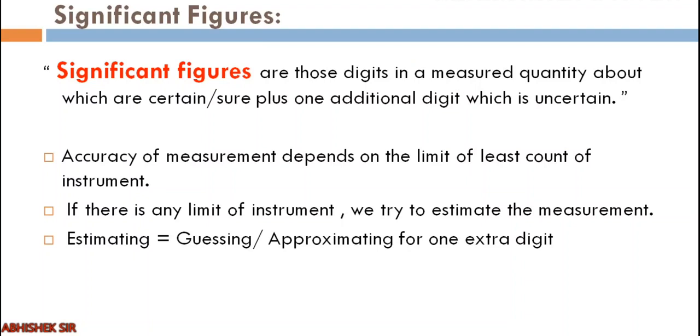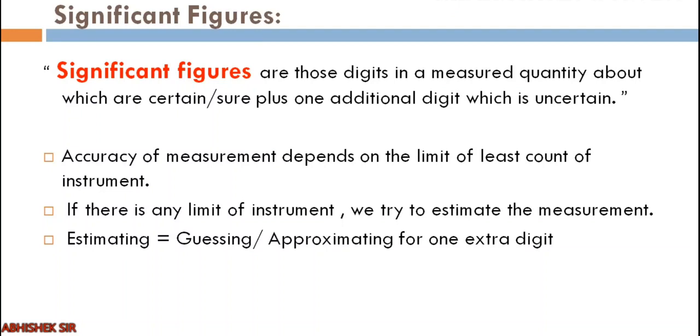Now you know that the accuracy of every measurement has some limitation. That limitation depends on the least count of the instrument that we are using, right? So there is a limitation of the least measurement that you can do with any kind of instrument. Like if you are using a centimeter scale, the most common scale that we use, it shows the minimum division, that is a millimeter. But if there is any kind of uncertainty in millimeters, we cannot do the exact measurement. That is, we will round it up, or we will approximate the value, or we will estimate the value, right?